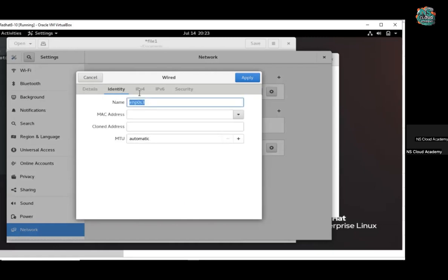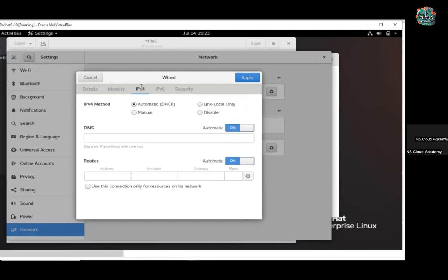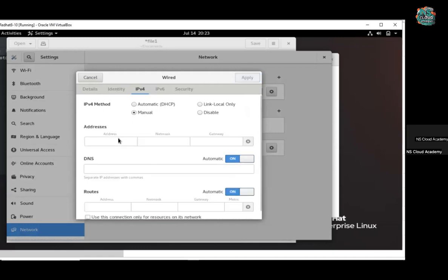Identity. Again, what will be your LAN card name? By default, the LAN card name will be picked. You don't have to do anything. IP version 4. So in IP version 4, there are two methods. One is automatic and the second one is manual. By default, you will get automatic, means you are getting IP from the network, means whatever IP is released from your modem, you will get automatically on this system. And if it is required to set a manual IP address, you have to select manual and then you have to type your IP, just